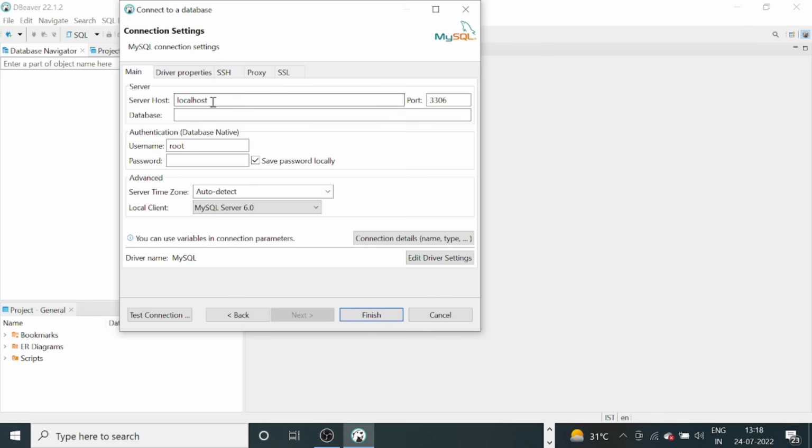So here I am giving localhost, and if in your case your database is installed on a remote server, you can pass your URL here, and the port number and database. So here you can give any name of your database. So I am giving mysql,